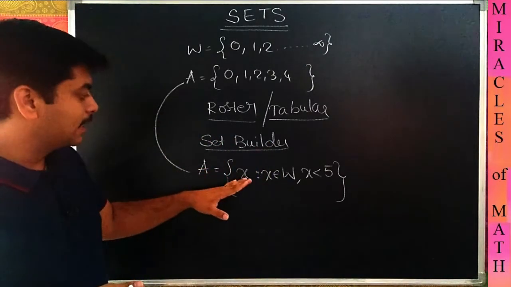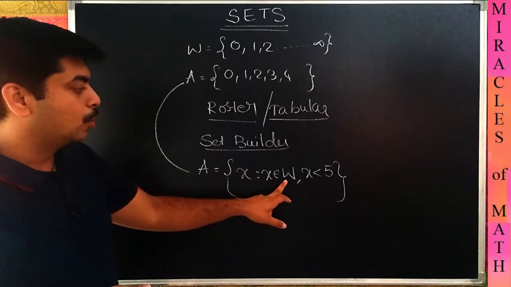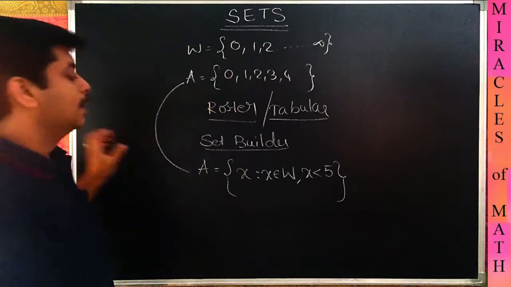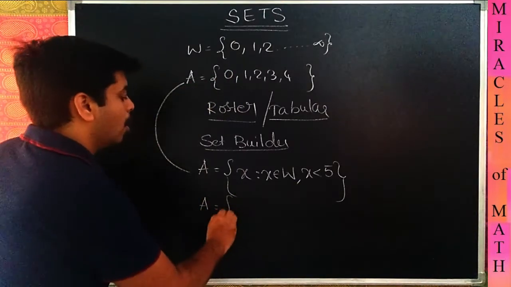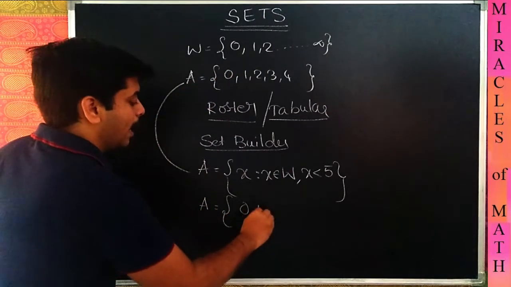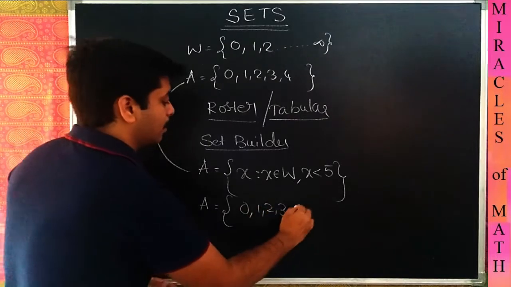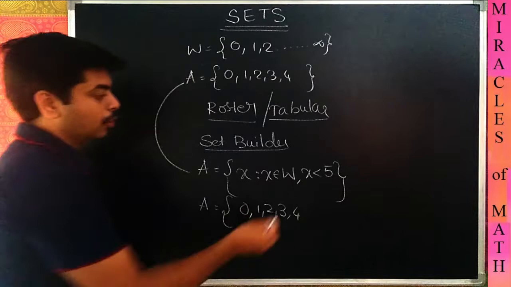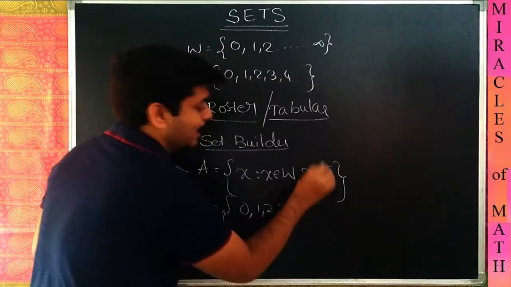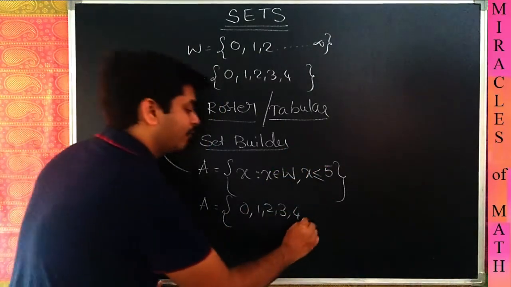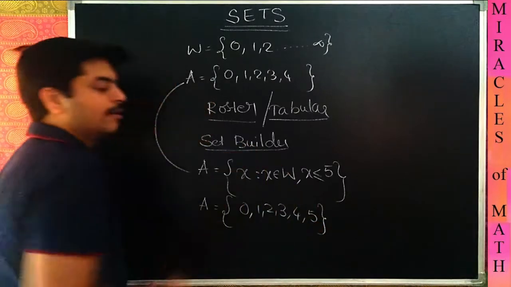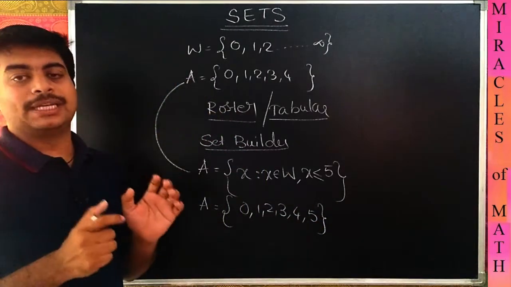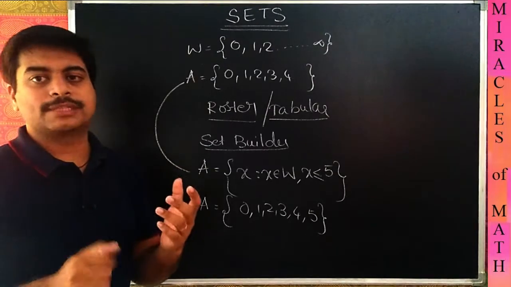So when it is given like that, x such that x belongs to whole number, x is less than 5, from this information we need to bring that our set A is equal to whole numbers starting from 0, and we need to stop at 4 as 5 is not included. If the question is like this, x less than or equal to 5, then even 5 can be included. This is called roster form, this is called set builder form. Understood what is the difference between these two?